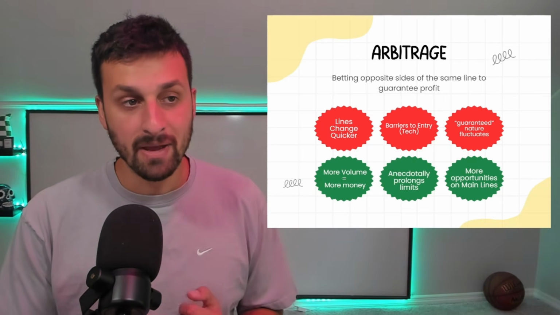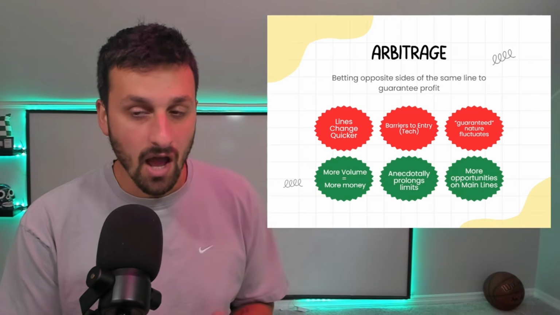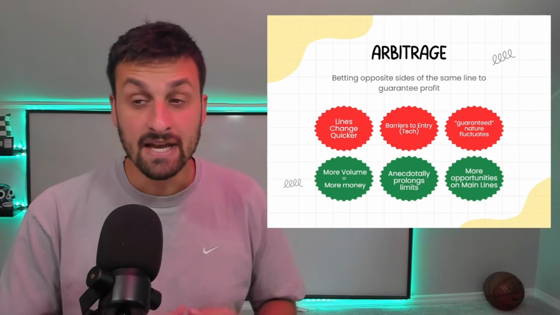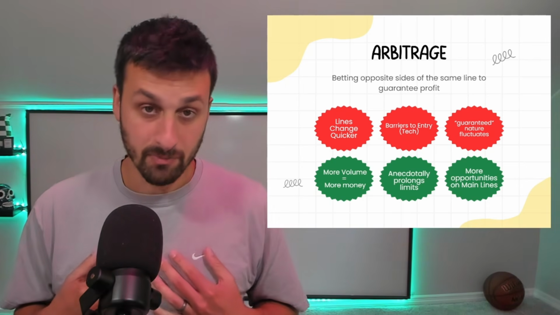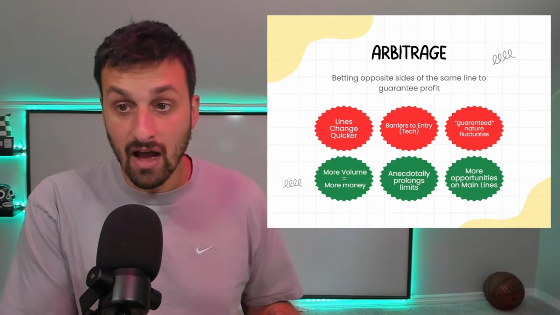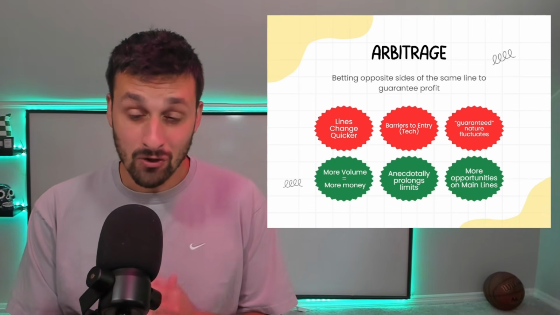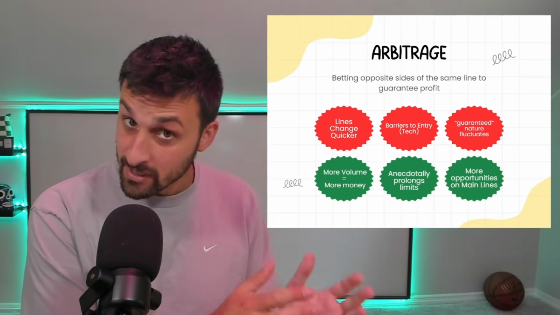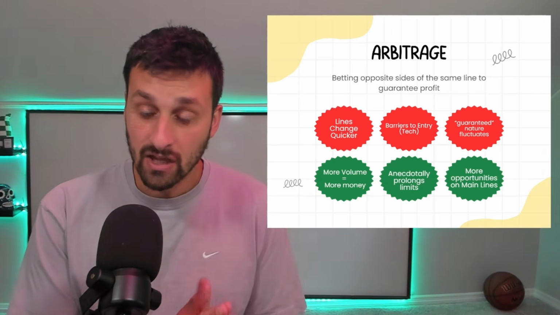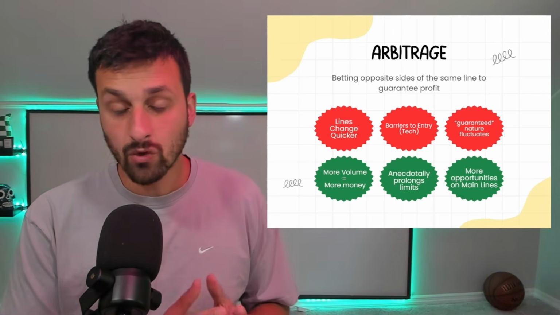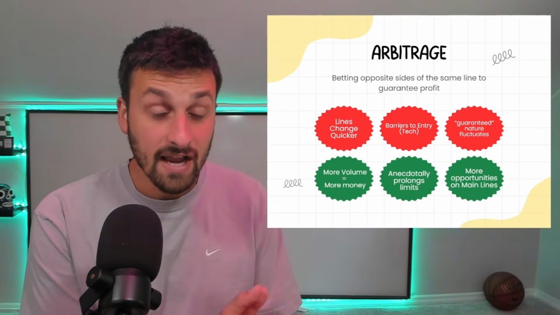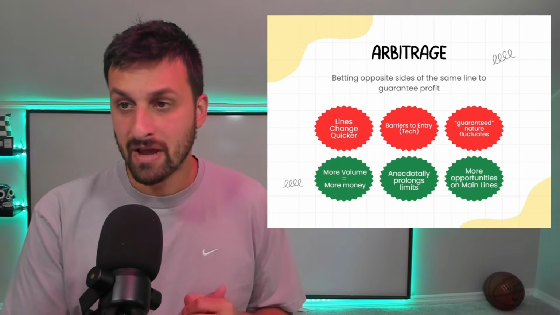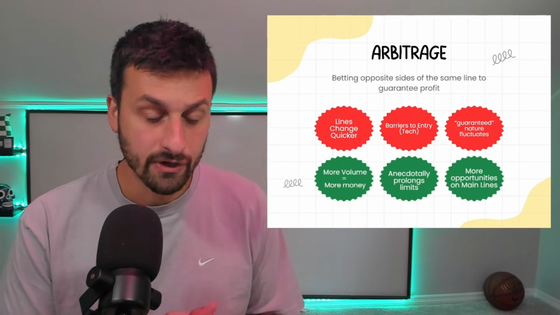Arbitrage betting is simply betting opposite sides of the same line to guarantee a profit. This is a no risk way to make money. This is how I made all of my money when I was a professional sports bettor, both on pre-live and live. But I will tell you there are some cons with arbitrage betting that are not present in pregame as they are when you look at live betting. Every play on the field or court has an impact on the line, so you will constantly see sports books updating their odds. The second con of arbitrage betting or live betting in general are the barriers to entry.